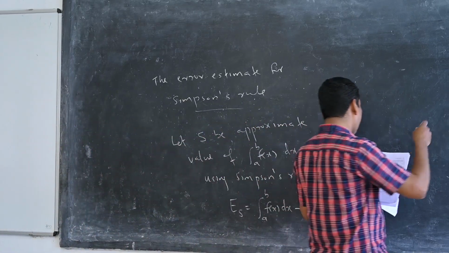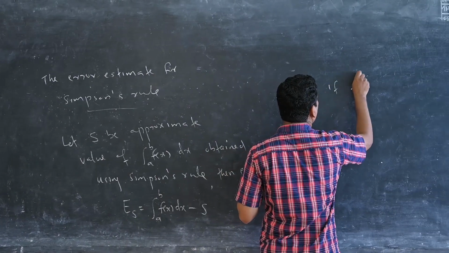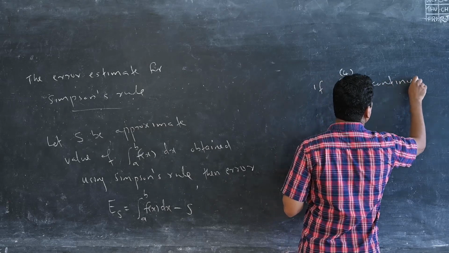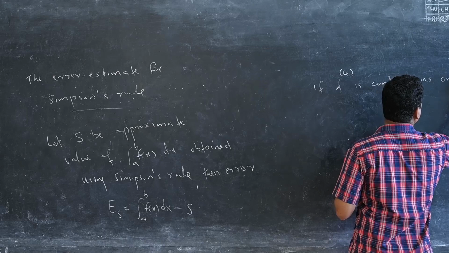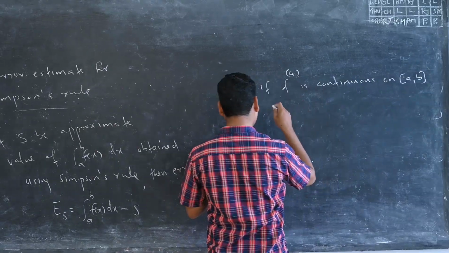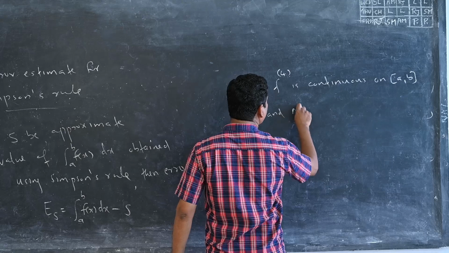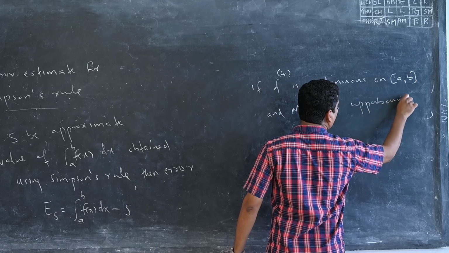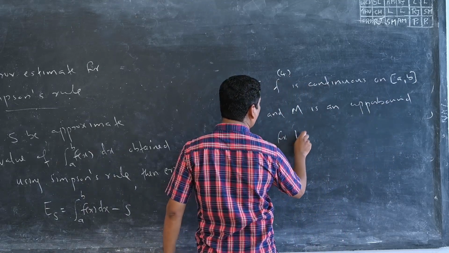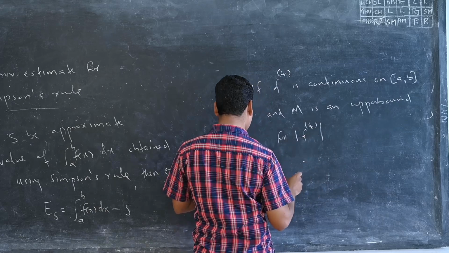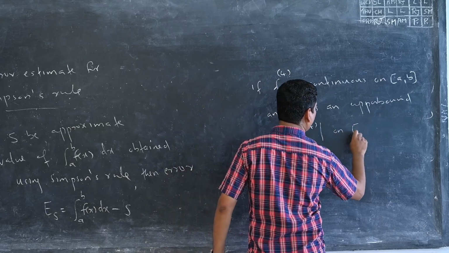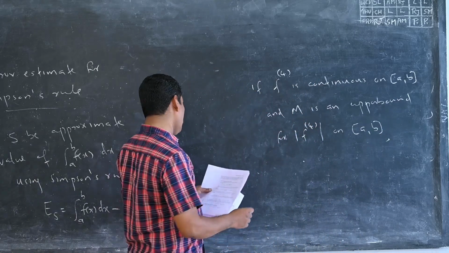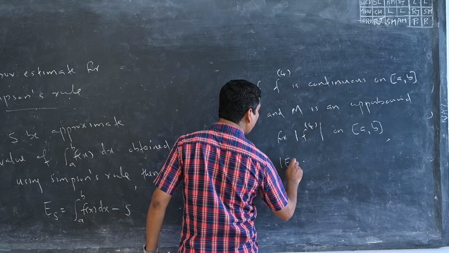Now, if f4, the fourth derivative of f, is continuous on [a, b], and M is an upper bound for the modulus of f4 on [a, b], then the error estimate for Simpson's rule is the magnitude of the error,